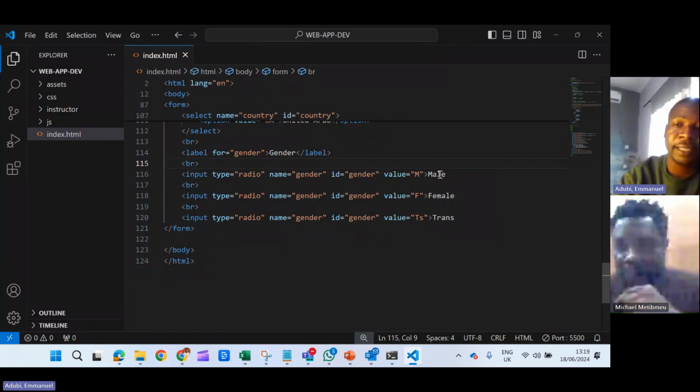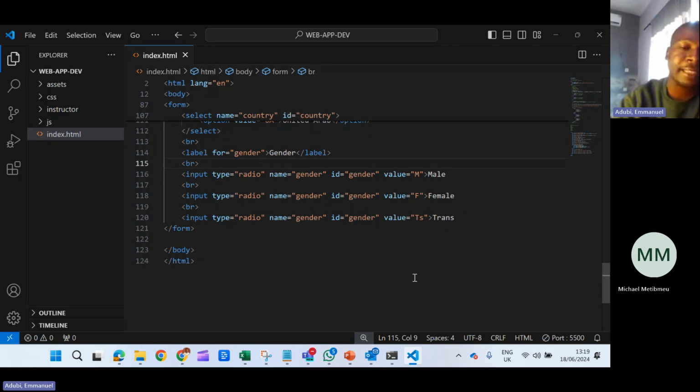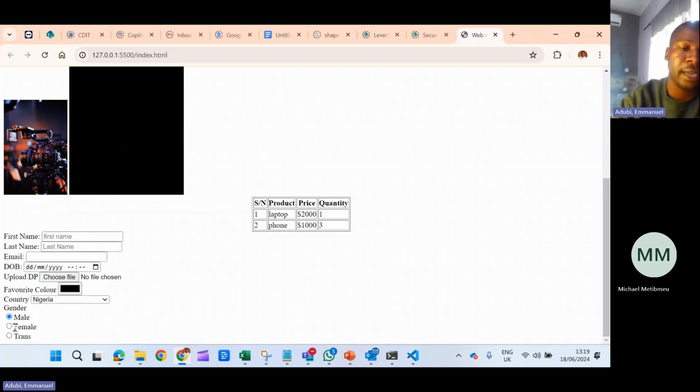So basically, what I'm saying is that in the gender thing, if you look at the browser, if you change any of these options, you can only select one at a time. Do you get this? Yes. Yeah. However,